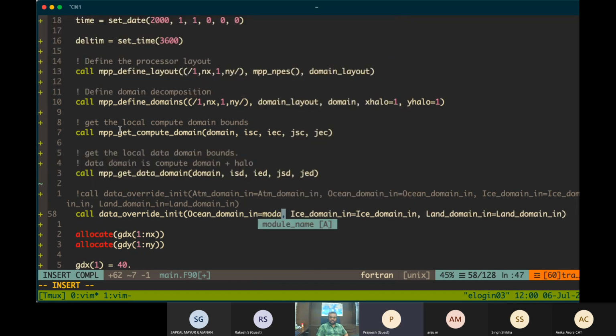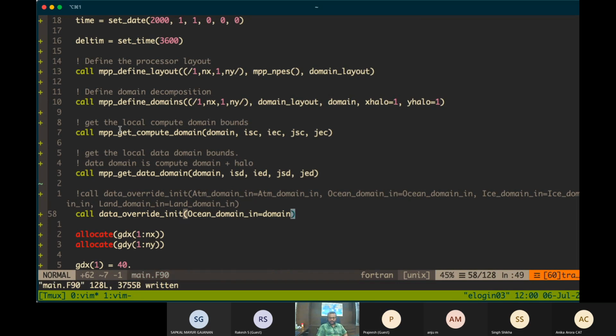So ocean domain in is a dummy argument name, the name of that argument. It has all these arguments.